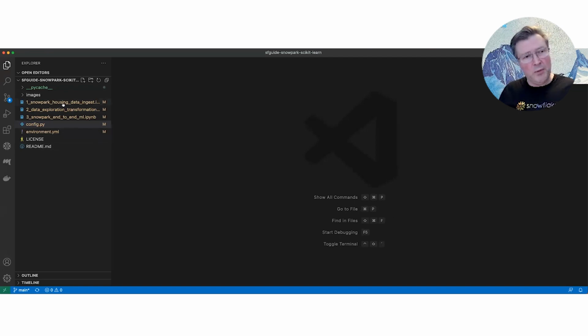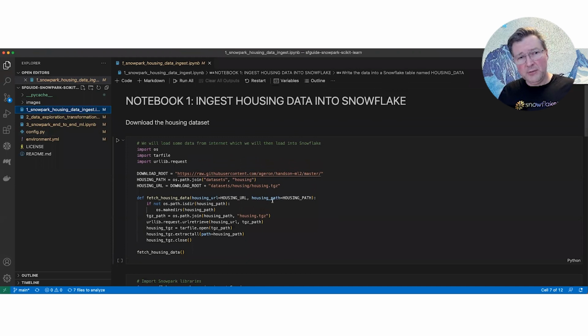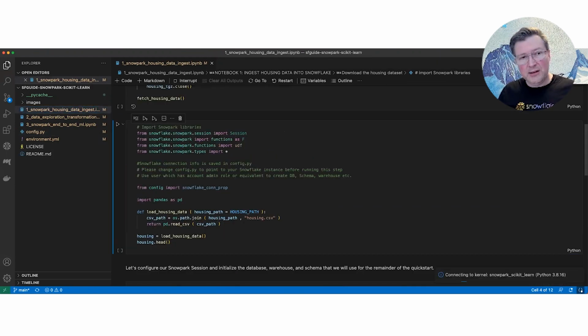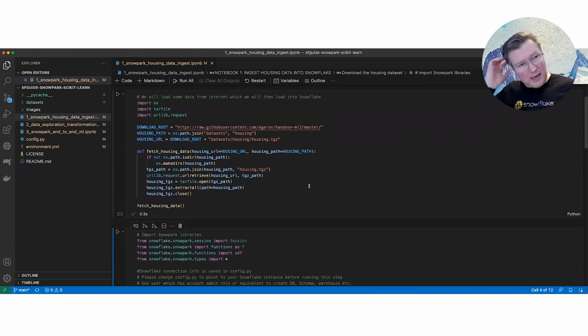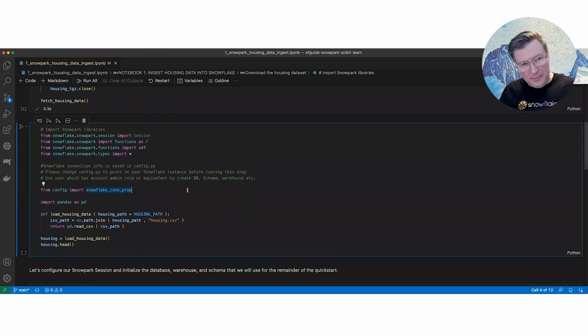So I start by opening the first notebook that is called Snowpark Housing Data Ingest. We start by downloading the data. We have a function in the first cell that actually goes out and pulls down the data. This is the California housing data set. It is storing it locally in a specific folder, and it's also extracting it. The next step I need to go through